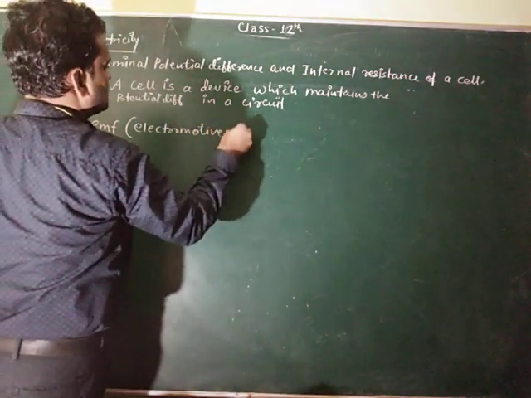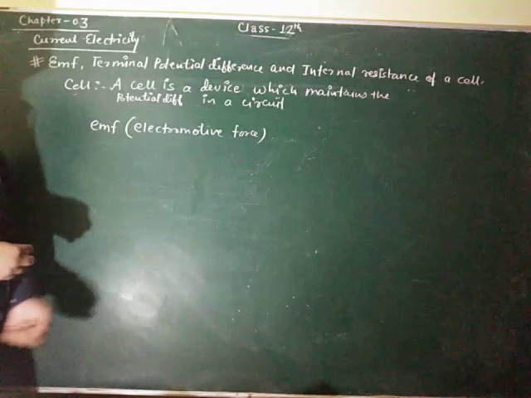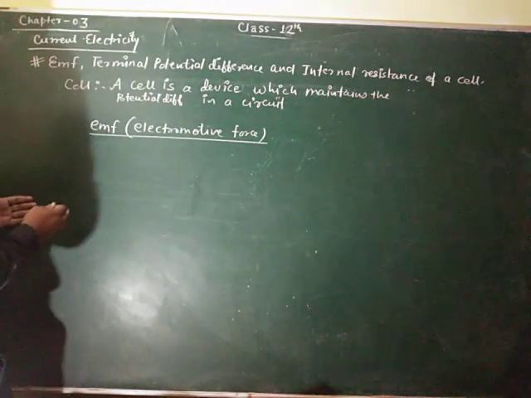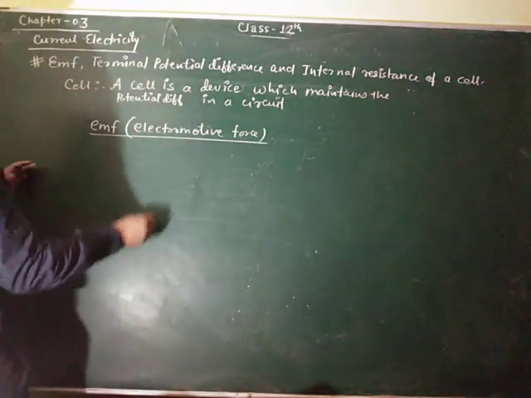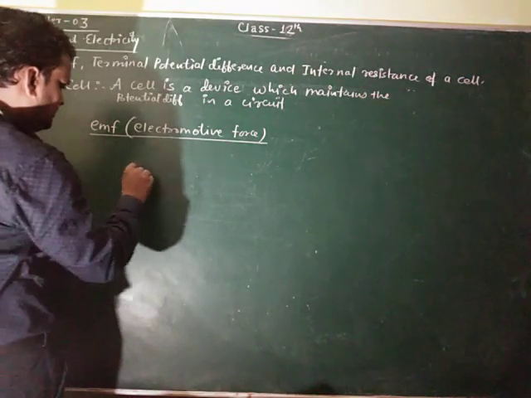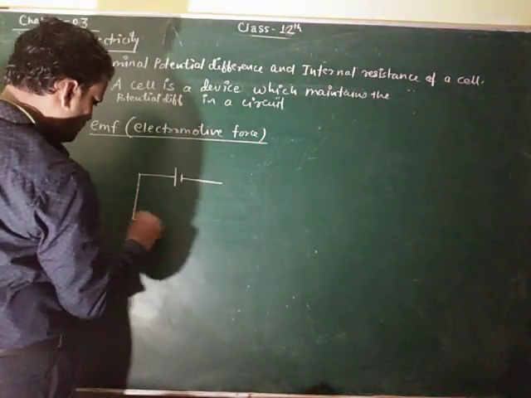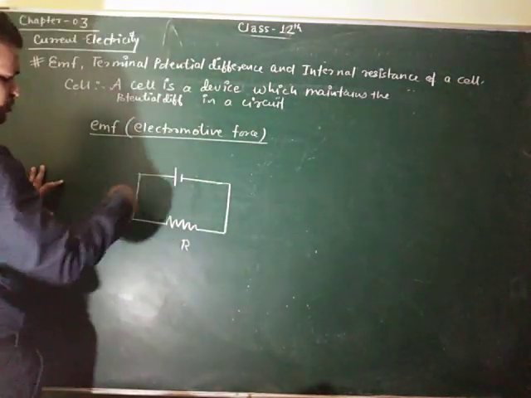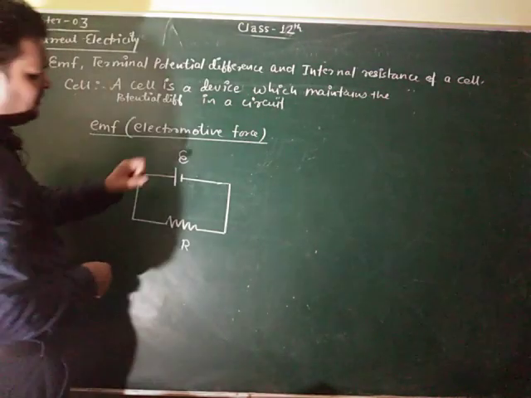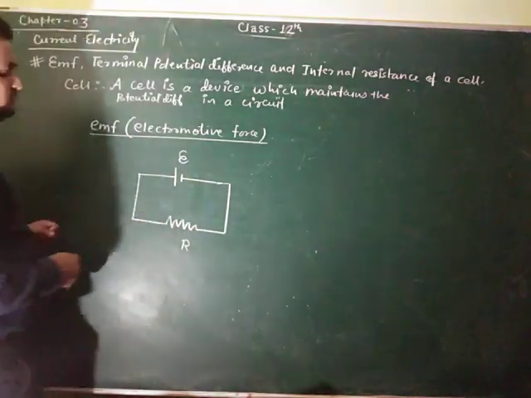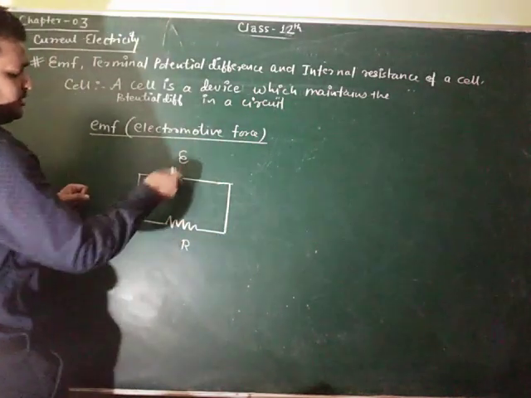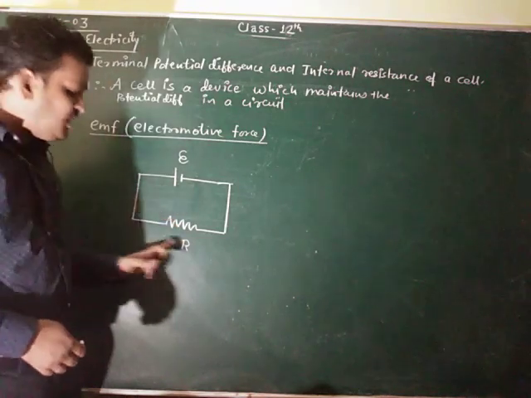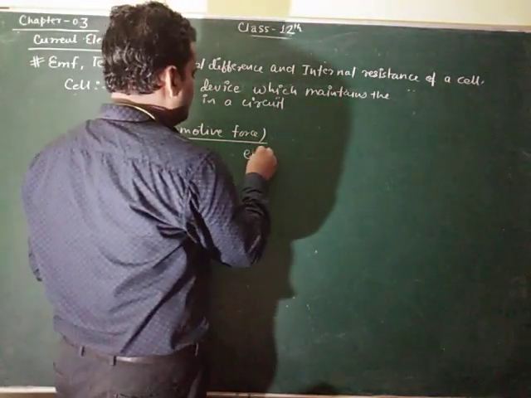Our first topic is EMF, whose full form is electromotive force. Although this is not a force, the EMF is just like voltage, you can say. Consider a circuit here, and there is a resistance connected. The resistance has the purpose of drawing current from here. This is the EMF E of this cell. This cell has chemical energy, and this chemical energy does some work in sending the charge. Therefore EMF is defined as